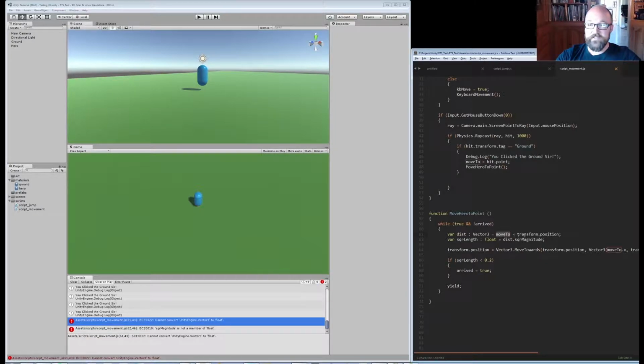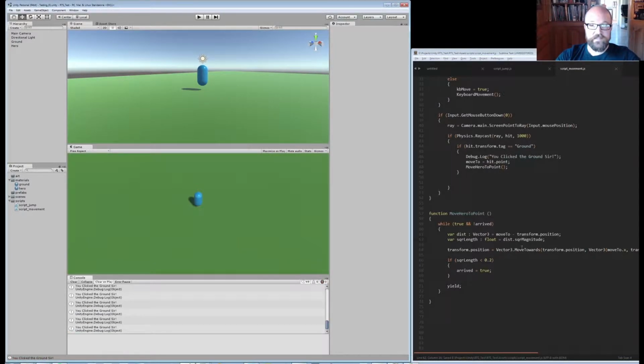Because it's taking a Vector3 and it's taking a Vector3, so it should be a Vector3. And square length, that is fine as a float, because I'm just taking this and turning it into our Vector3 here and turning it into a single value, which just measures the distance between these two. Okay, so now when I hit play,